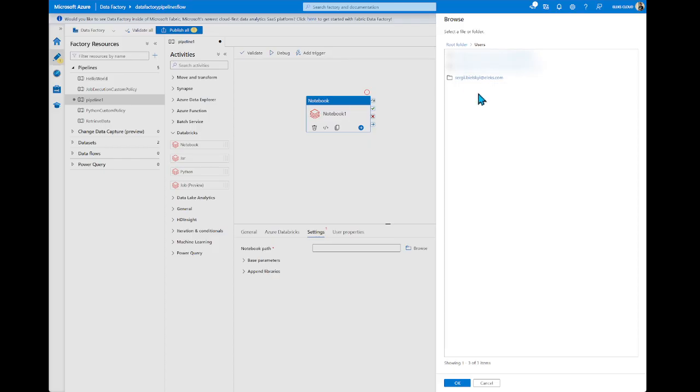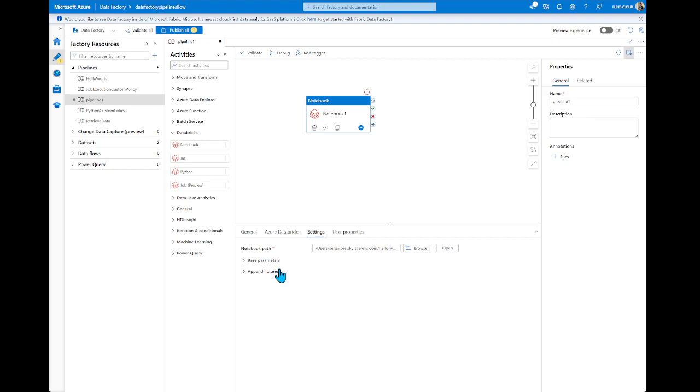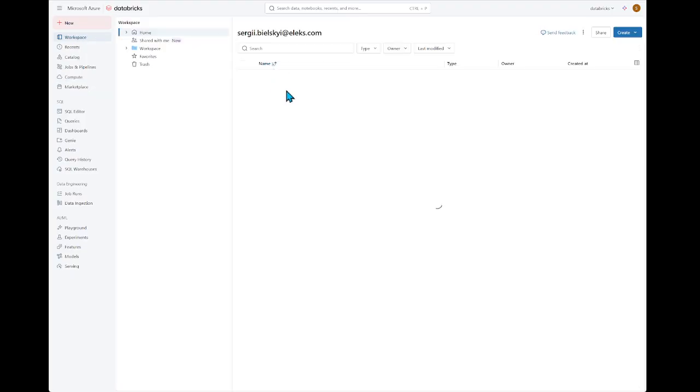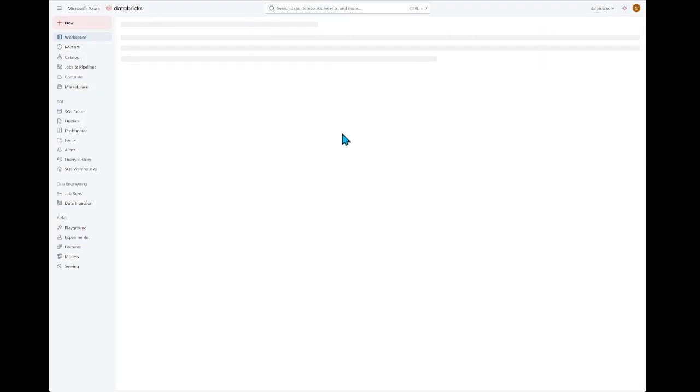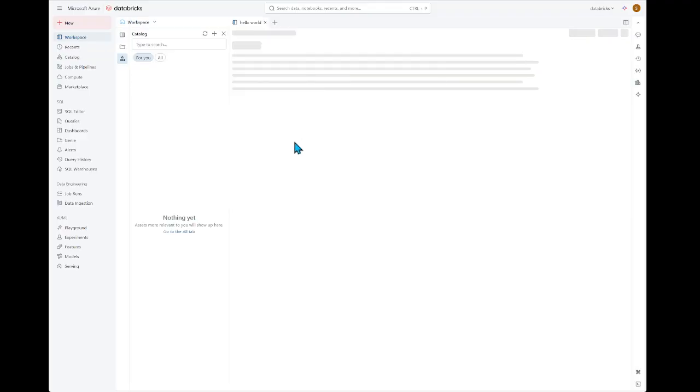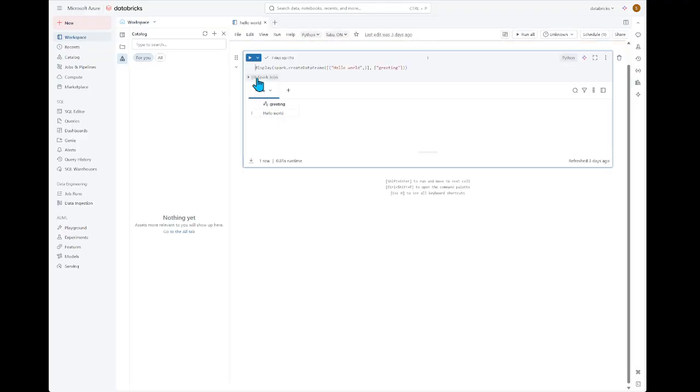Okay, my user is here. And I have Hello World, a simple notebook, and click OK. So that's pretty much it. Let me switch to the Databricks workspace to show what kind of notebook I have. It's so simple. Just display the information, hello world, and that's it.